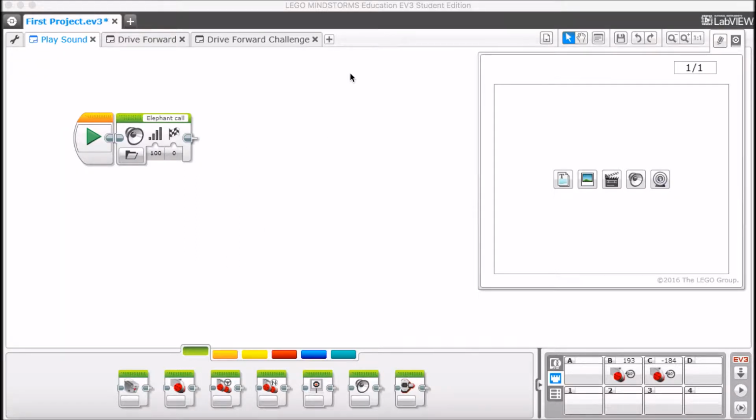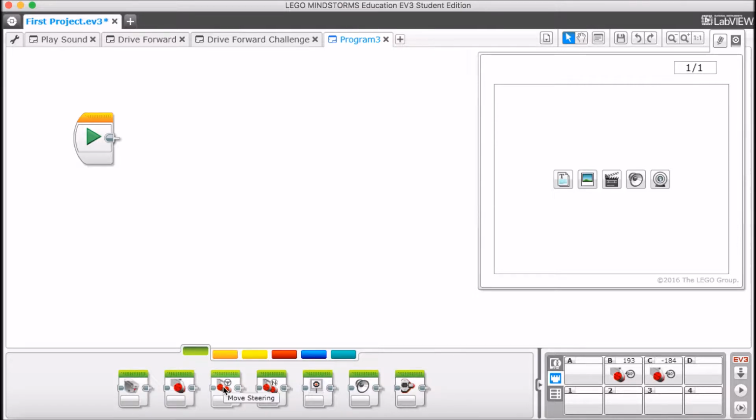So in this tutorial, I'm going to be showing you how you can make your robot turn in place a certain amount of degrees of your choice. So first what we're going to do is we're going to stay in our project and create a new program. So select that, and now that we're in our program, we can go over to our action tab, but we're